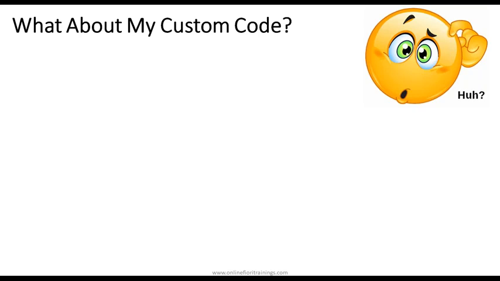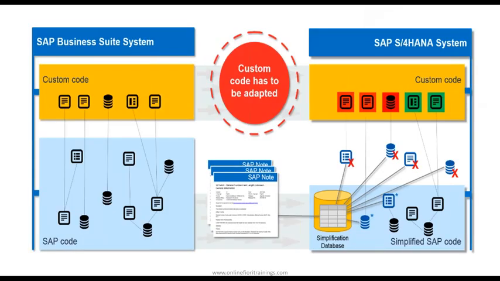how we build custom code on top of standard. If you look at this diagram, you can see on the left-hand side a typical business suite system where you have certain database tables, certain APIs, and function modules which SAP is offering. You can see a couple of things highlighted here: a database table you are directly querying in your custom code Z report. Sometimes you are using a function module provided by SAP in your Z program. Sometimes that program is calling another standard program. So all the code below is SAP standard code, and on top of it, you're building your custom code.